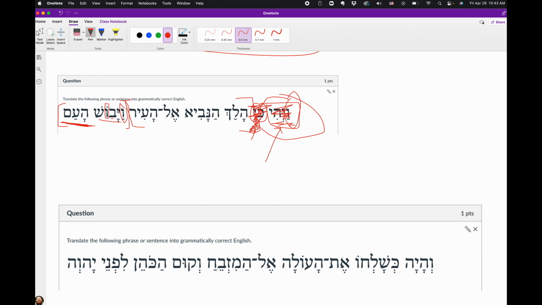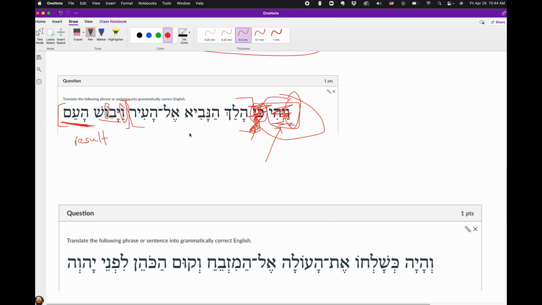these two sentences is that the people were ashamed is the result of, so the action of the people being ashamed is the result of the action of the prophet going to the city. So as a result of the prophet going to the city, the people were ashamed. Or it could be